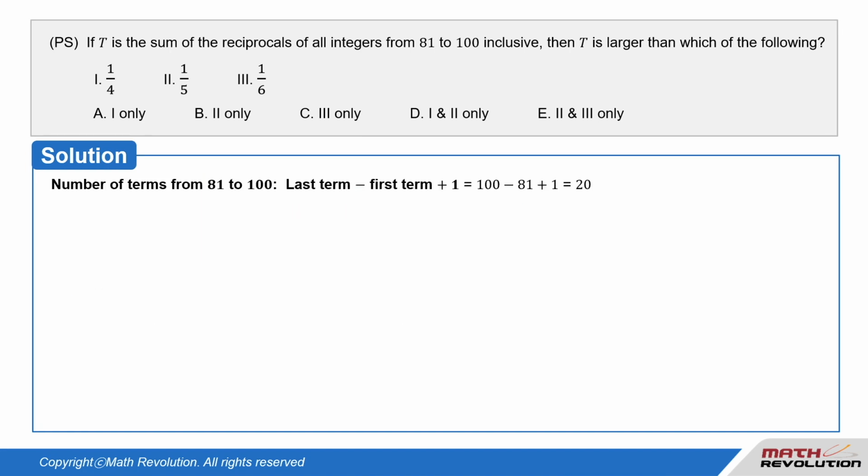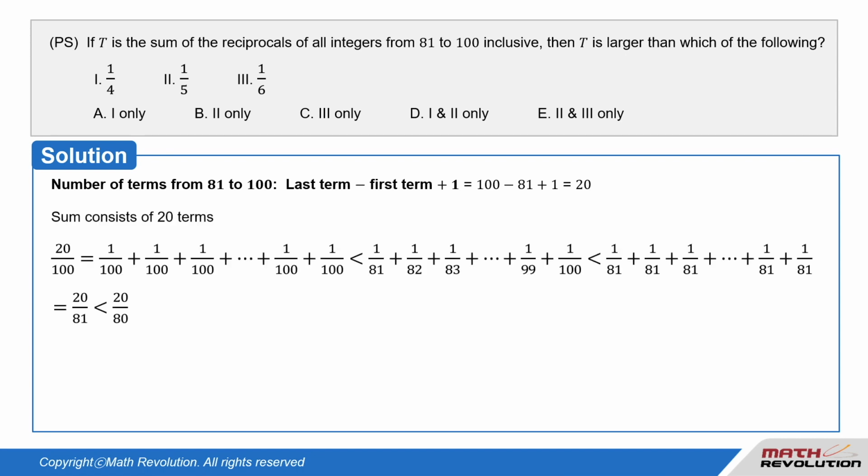First, let's count the number of terms from 81 to 100. The number of terms equals last term minus first term plus 1, which equals 100 minus 81 plus 1, which equals 20. So the sum consists of 20 terms, and therefore 20 over 100 equals 1 over 100 plus 1 over 100 plus 1 over 100 and so on,